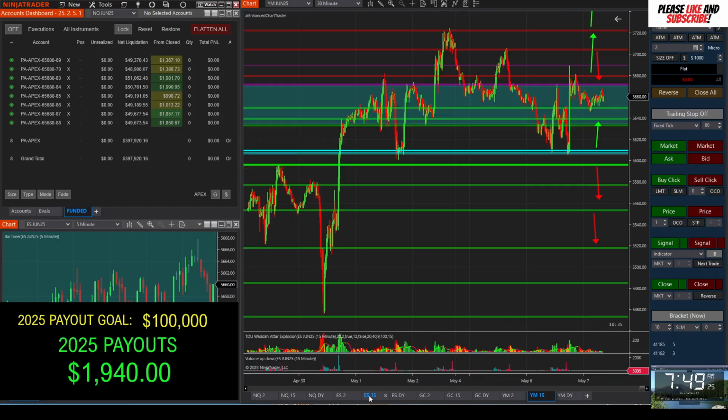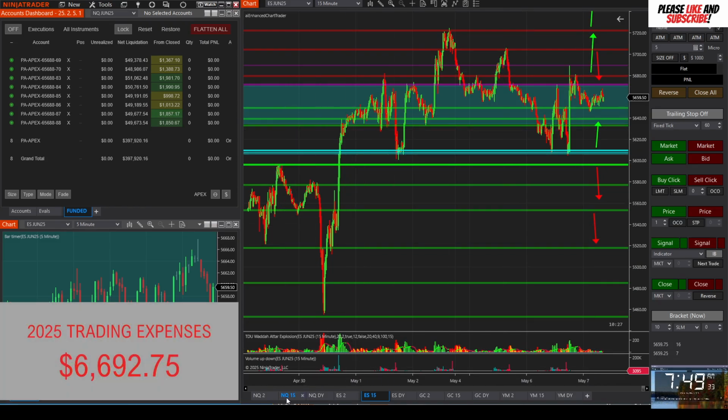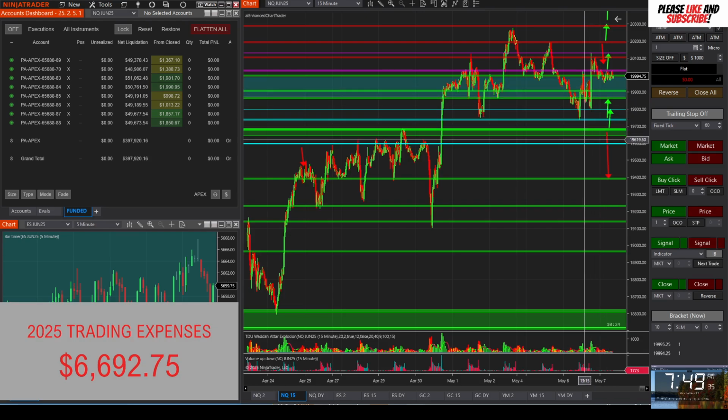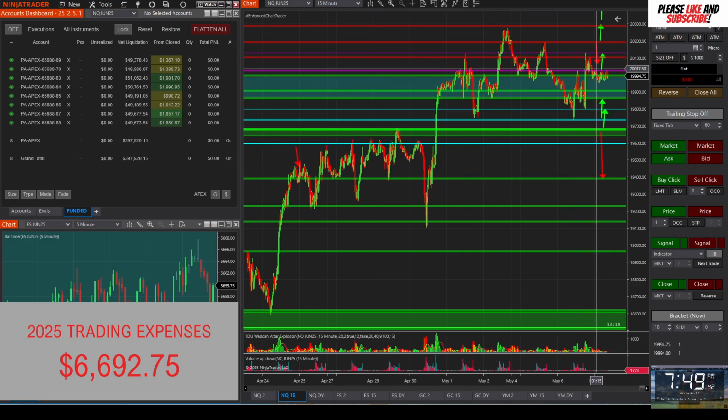I think, again, the most clear is ES for me. I'll be looking at longs off ES, potential longs off the 5680s. And then the other trade I'm really looking at possibly taking is a long off yesterday's highs on the NASDAQ. So those are kind of the ones that I'm really looking at.